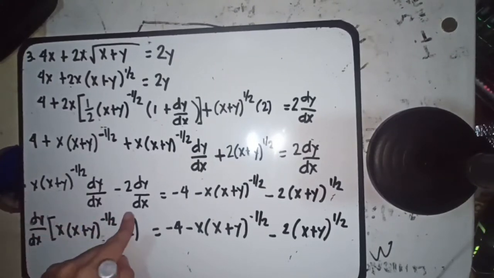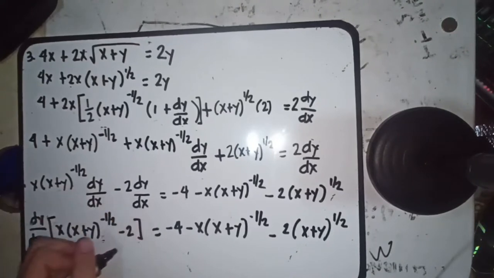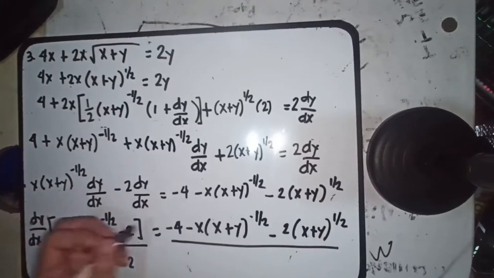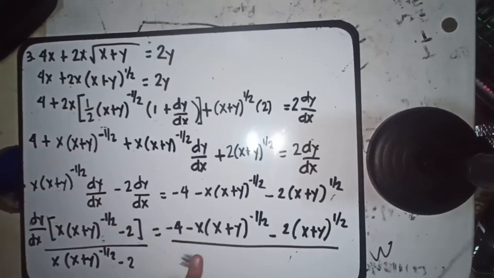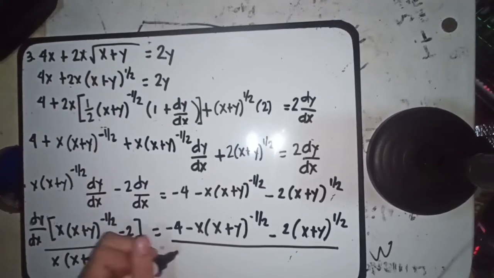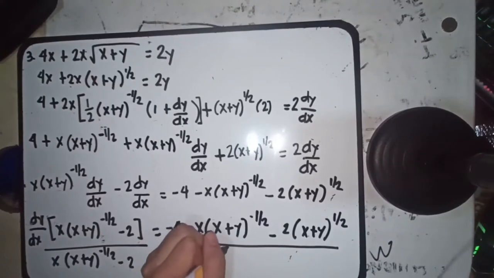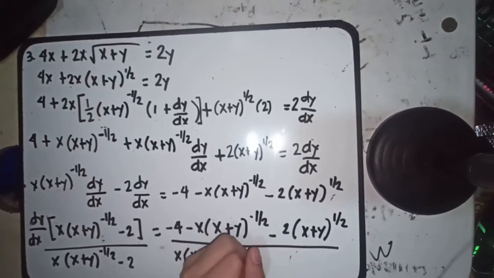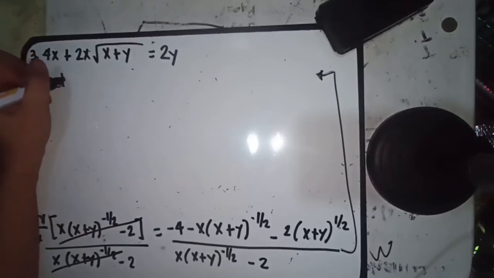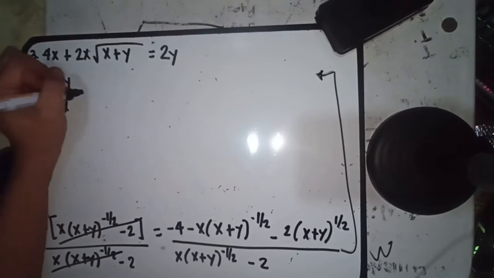Now, we divide both sides by x times x plus y raised to the power of negative 1 half minus 2. On the other side, we have x times x plus y raised to the power of negative 1 half minus 2. So, cancel, cancel. So, what remains here, we have dy over dx that is equals to